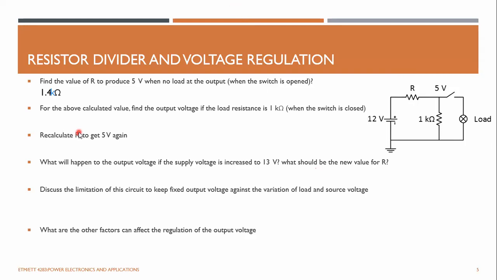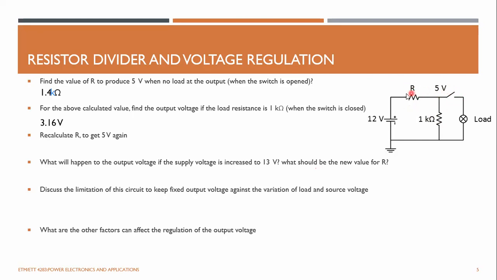If you've done it correctly, you should get 3.16 volts here. The load value is shown here as 1K, so the load resistance is 1 kilo. Interestingly, if you use this resistor divider, the output voltage at